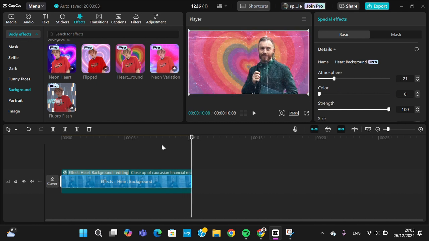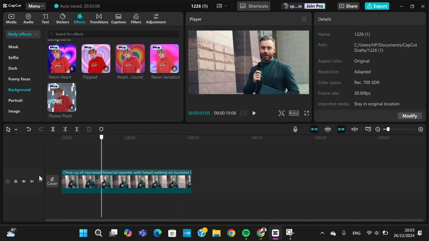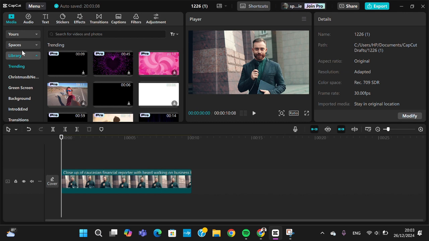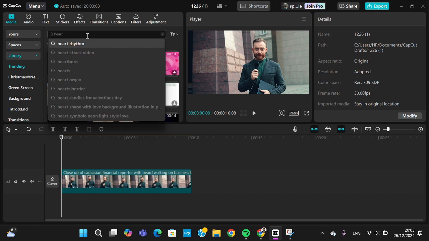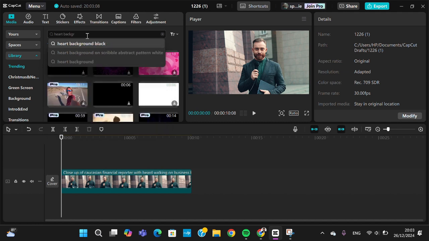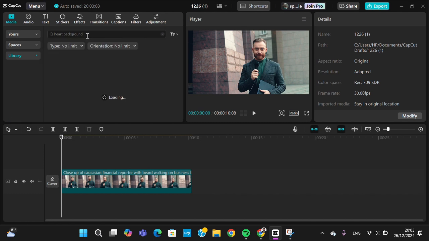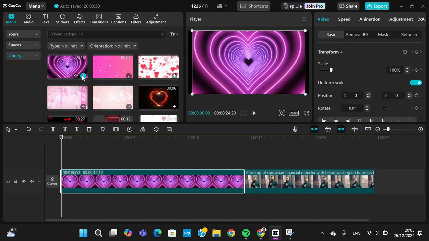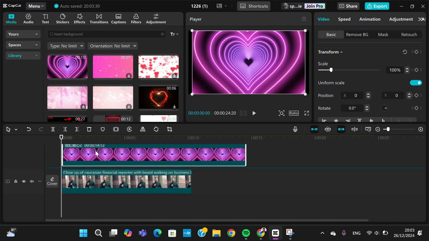Alright. And if you are not a premium user, I'm going to give you an alternative way to get the heart overlay. You can go to the CapCut library. I'm going to go to the library and then we can search for the heart overlay or heart background. Okay, and we can add this floating heart to our video,